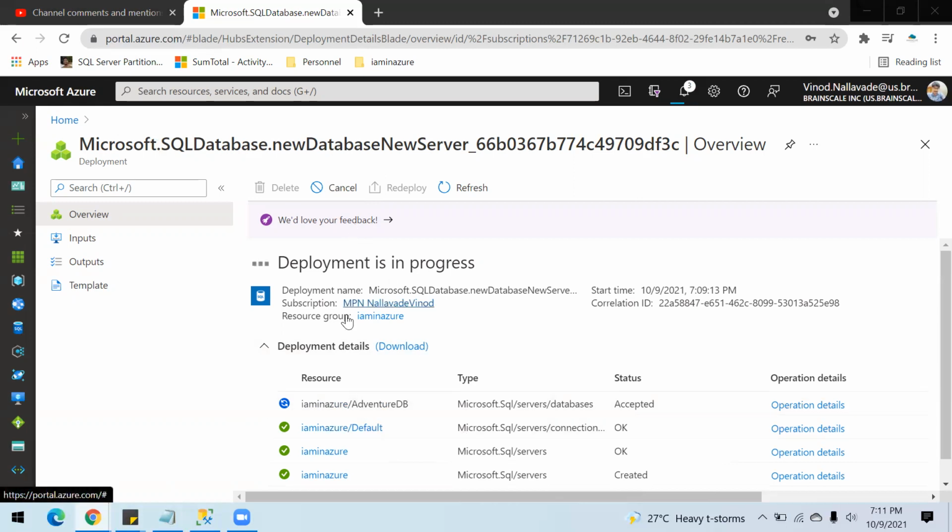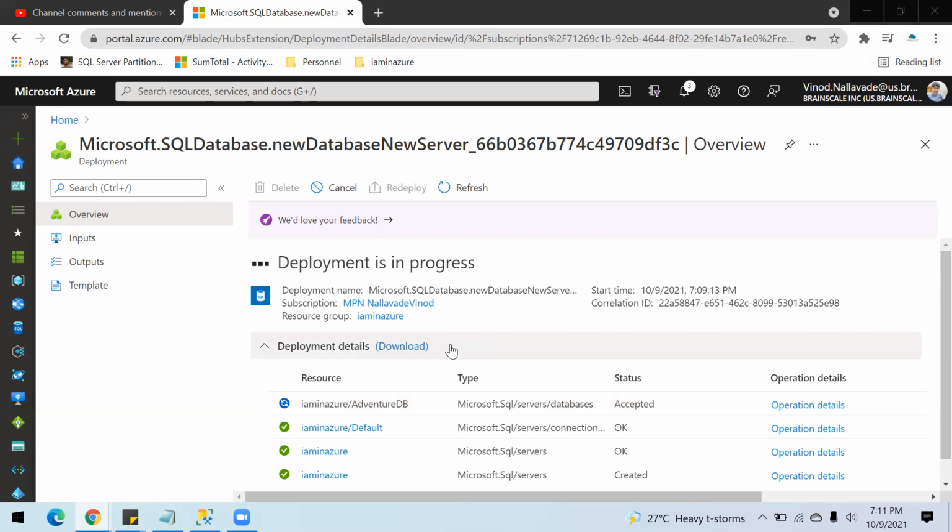Okay, so if you look at this, deployment is in progress, and the server is already up. Now this is creating the Adventure DB. And one more thing: to connect to this database, which is your Adventure DB or whatever the DB is, if it is hosted in a cloud environment, either AWS, GCP, Azure, or other cloud environments, you need to whitelist your IP address before you connect to this database.